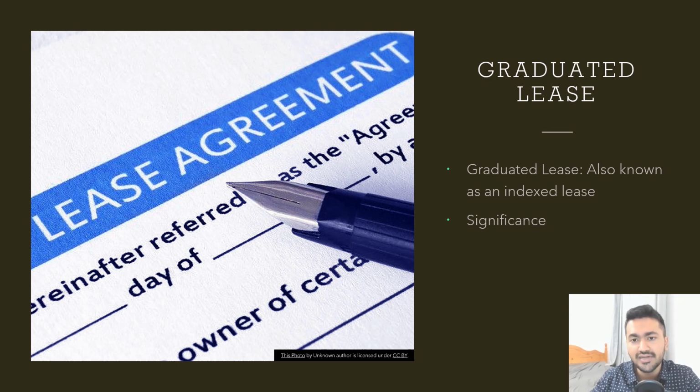When you sign a graduated lease, you and the landlord agree that your rent will increase by a certain amount after a specific time, like every year or every 2 years. This means you start with a lower rent, and as time passes, it gradually gets higher. It is a bit like paying a little more later and starting with a lower amount now. So why is this important?